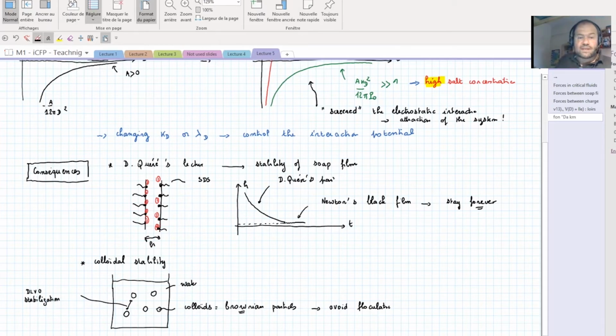And that's something which is often used. I mean, by people like Suez or these big companies who want to clean the water. So if they want to avoid these particles staying in the water, to filtrate them, you can add some salt. And if you add some salt, then you will kill the electrostatic repulsion. You will have the aggregation, and you have the sedimentation.